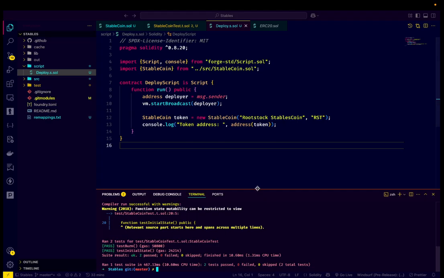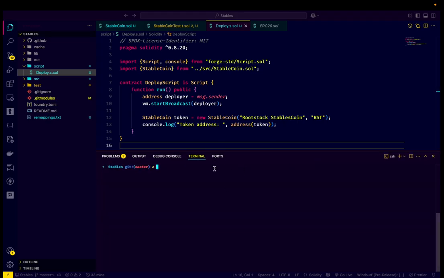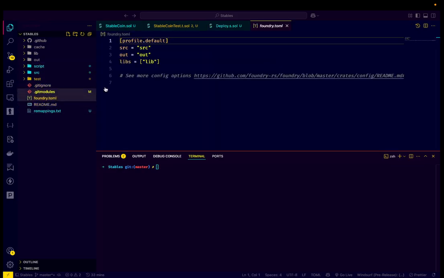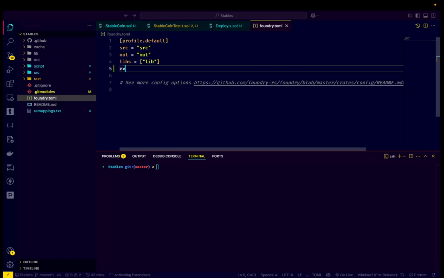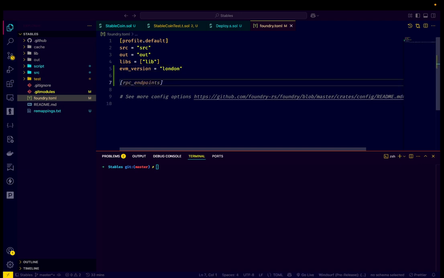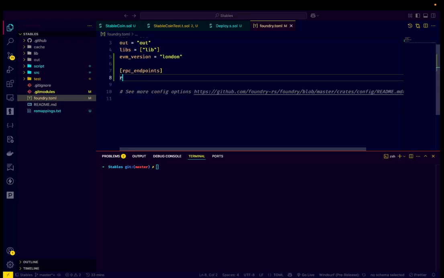And let's start deploying our contract. Make sure, and this is the most important step you have to follow, that you are adding this EVM version as London here, and also you need to add RPC endpoints. That is, I'm adding, let's say, Rootstock